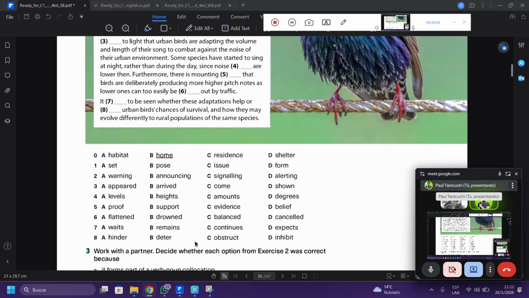As I told you, the verb on its own means disuadir, but in this case it is a set phrase. To deter chances of survival means disminuir las probabilidades de supervivencia. It's a set phrase. Deter chances of survival. That is its meaning. No, it doesn't collocate here.